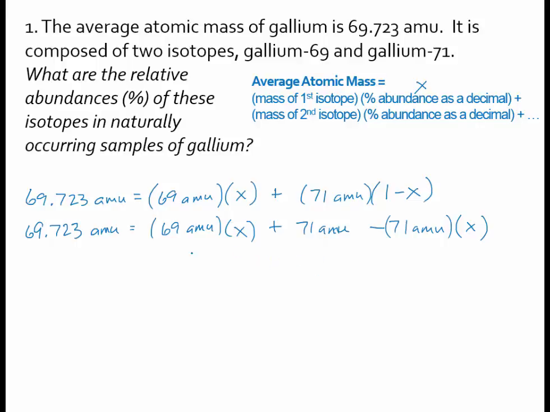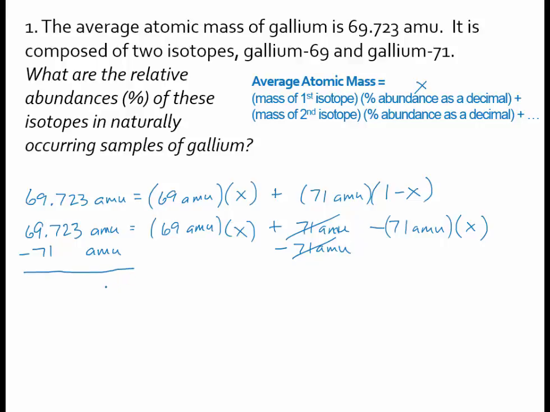And so the first thing I'll do here is subtract from both sides 71 AMUs, on the left and on the right. So subtract 71 AMUs here, and that will make this then cancel out and disappear, essentially. When I subtract over here